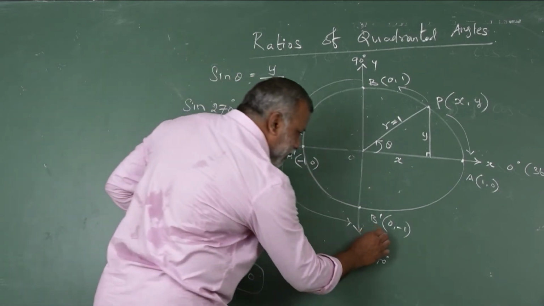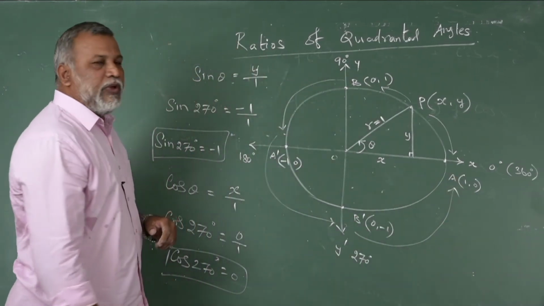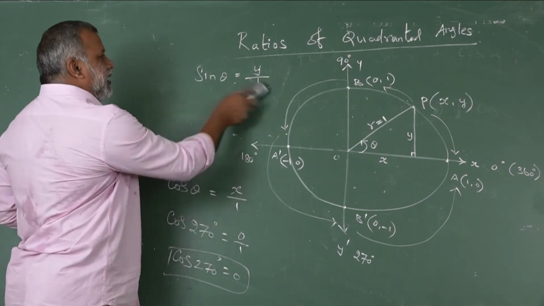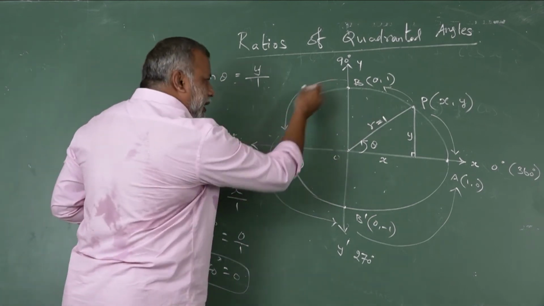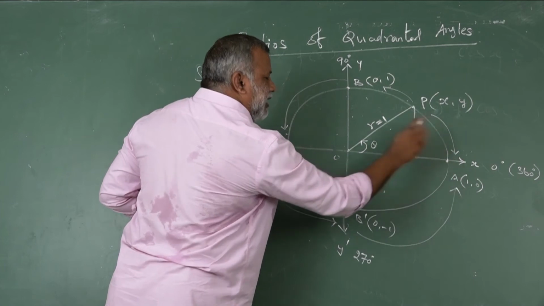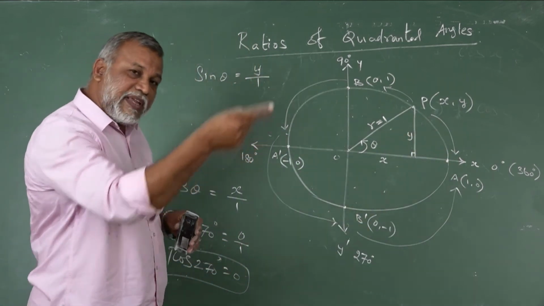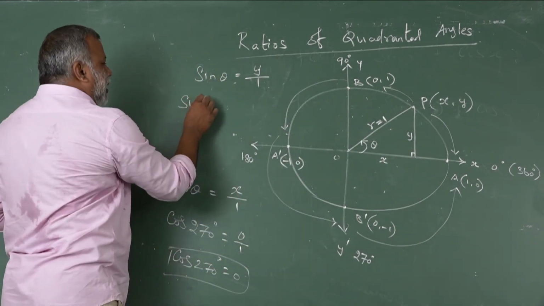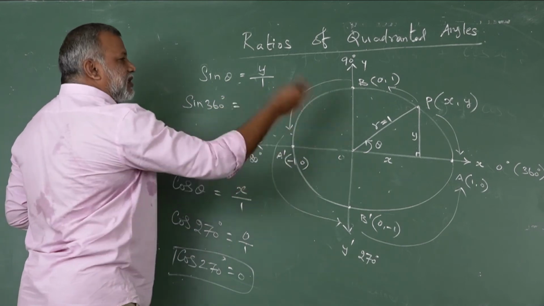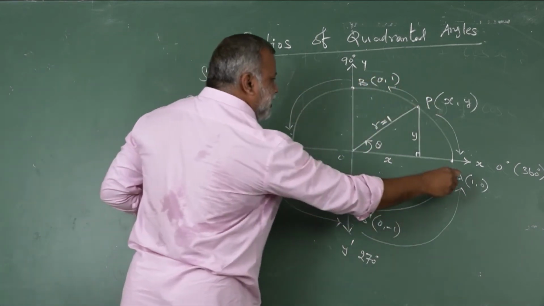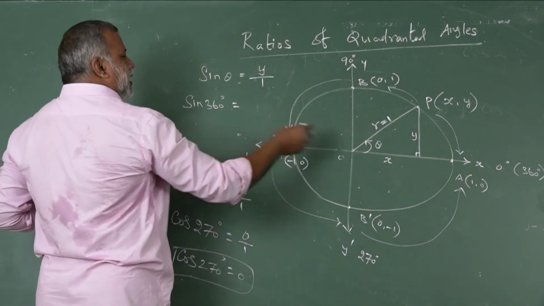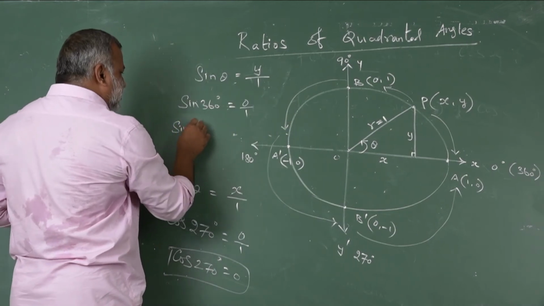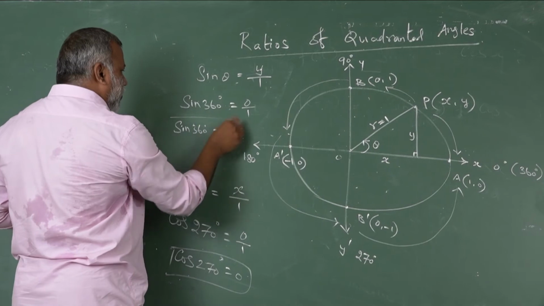The last one, once again, this point moving towards this line and coincides. Now listen once again. Sin theta equal to y by 1. Now after completing one rotation, theta becomes 360. Initially 0. After completing one rotation, again 360 degree. Now this theta is replaced by 360 degree. Now see what are the changes. X after completing one rotation, x coincides with 1 only. Then y coincides with 0 only. Therefore 0 by 1, sin 360 equal to 0.